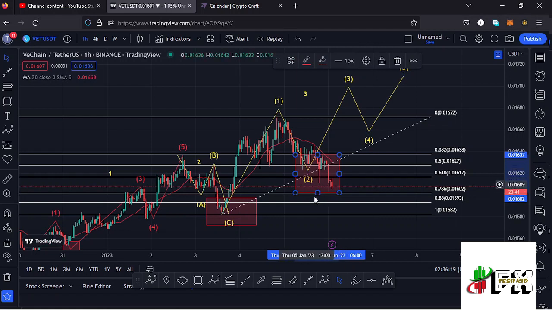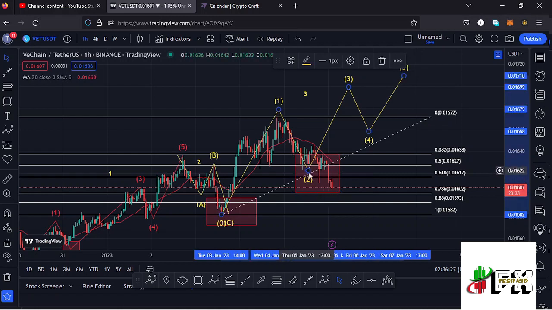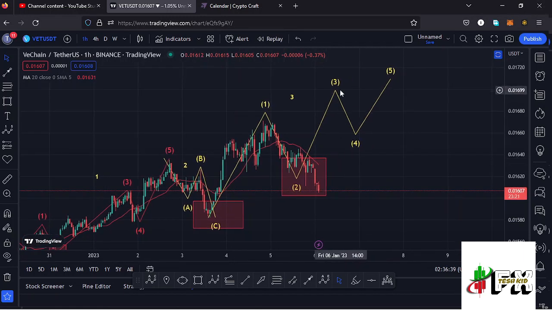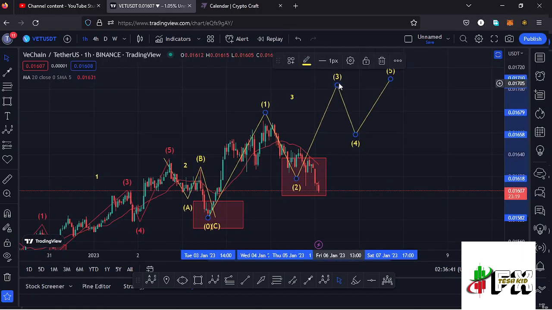And in case we lose the fib level 0.78, we need to hold above the fib level 0.88. And in case we lose the fib level 0.88, then that will be putting a major challenge on the formation of this second wave, which I have right here. But for now, you can see we have retraced perfectly into that target area, and very soon I'm expecting a reversal to the upside in the formation of this higher Elliott wave count 3